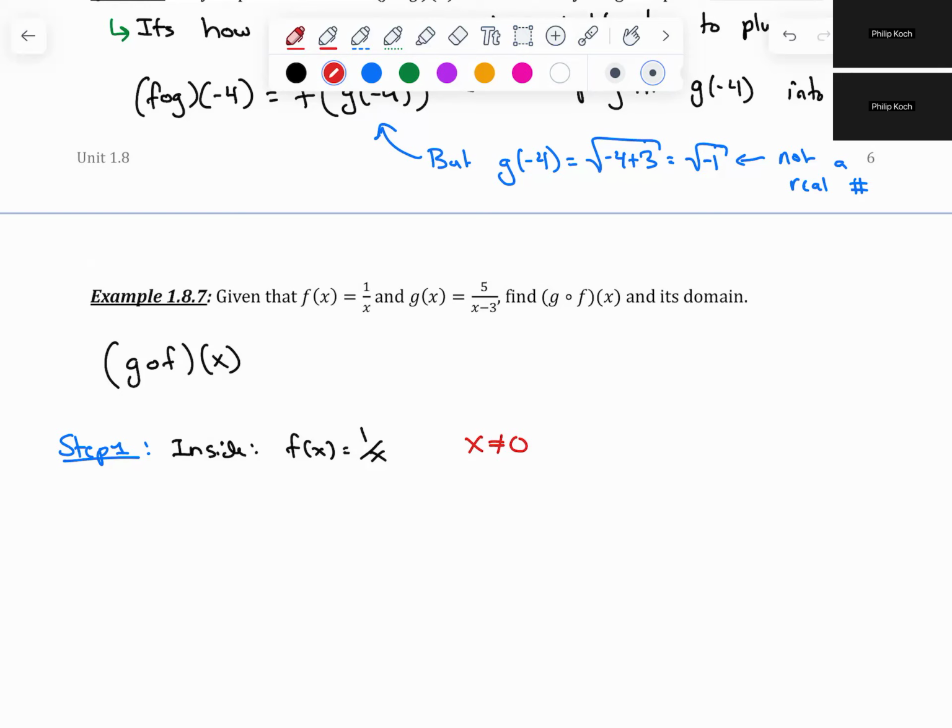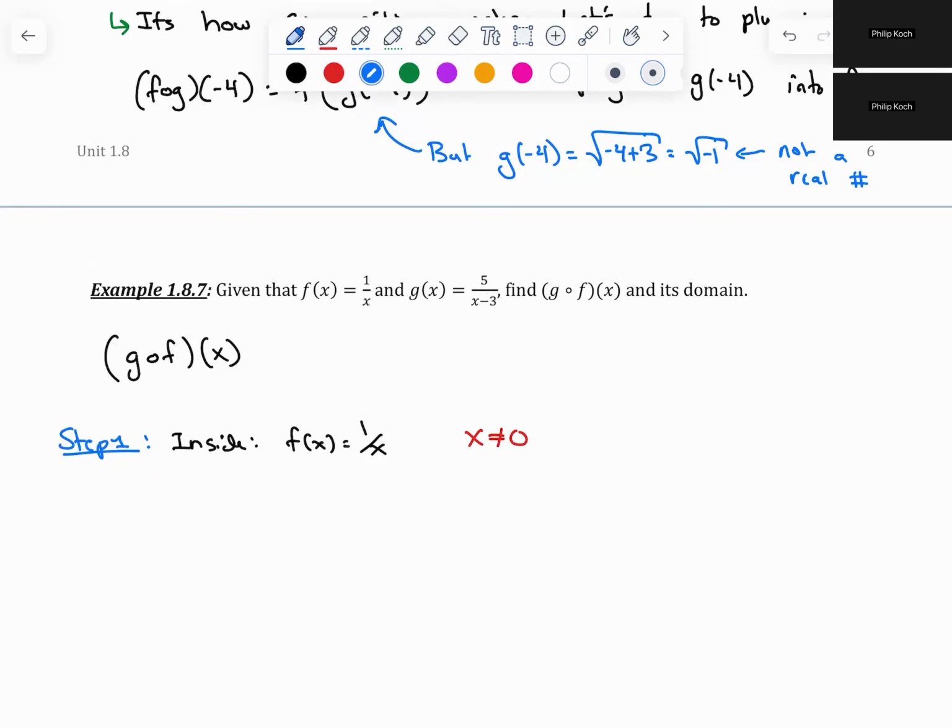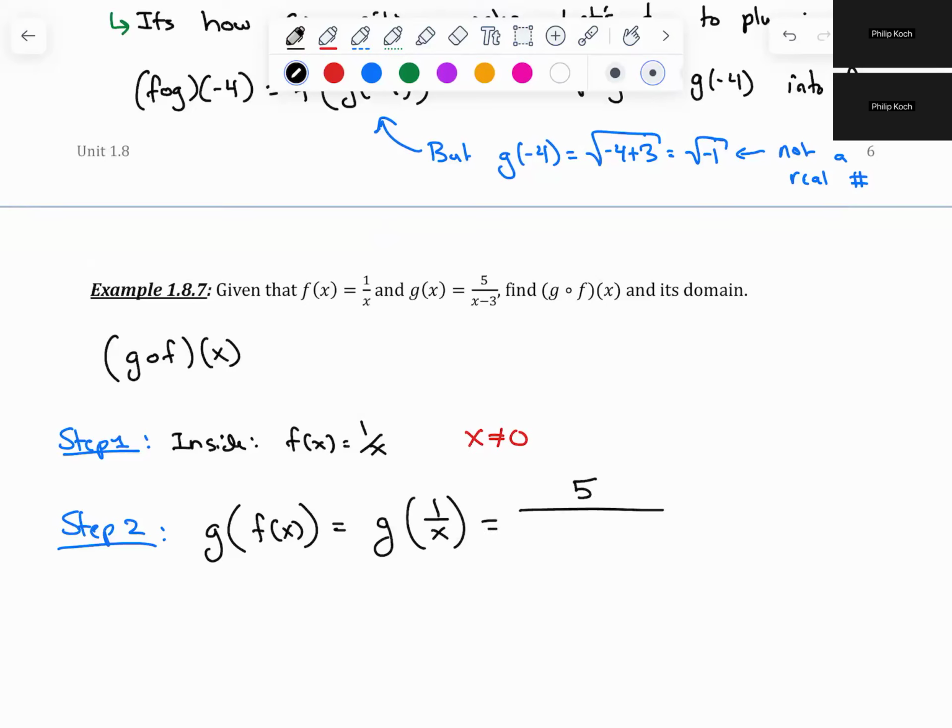That's step one. And then step two is to actually compute it. So that's g of the quantity f of x, which is g of 1 over x, which is going to be 5 over. We're going to replace every instance of x in g, which in this case is just one situation. There's only one x that's present in the equation that is g, just the x in the x minus 3